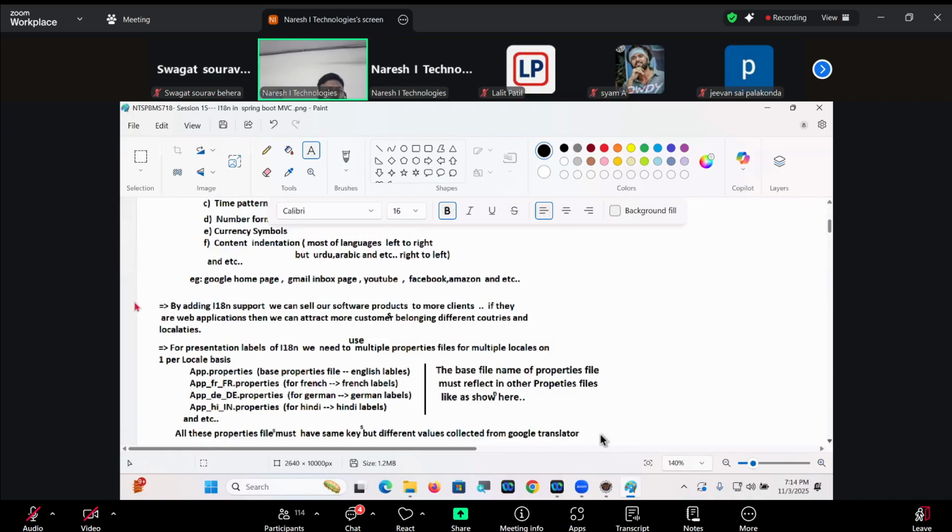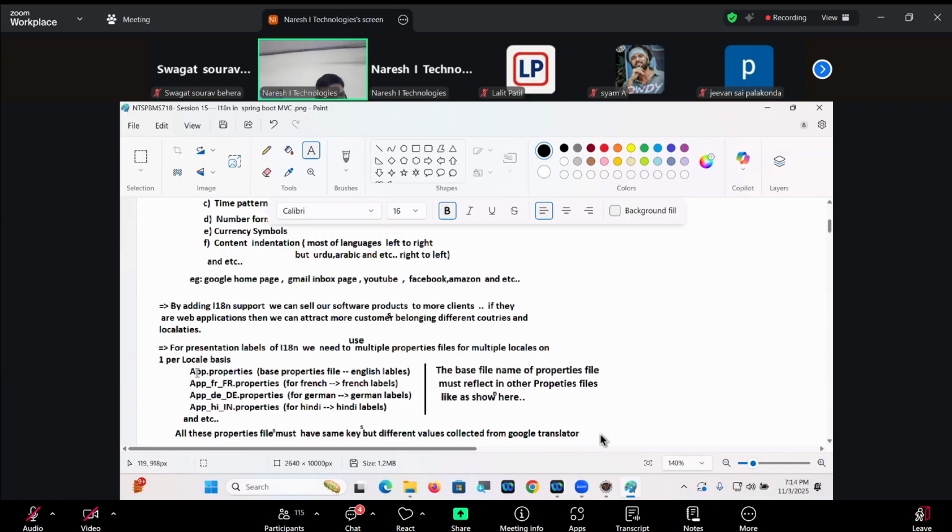By adding I18N support, we can sell our software products to more clients. If they are web applications, then we can attract more customers belonging to different countries and localities. For presentation labels of I18N, we need to use multiple property files for multiple locales, on a one-per-locale basis.